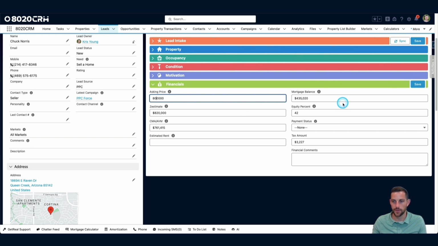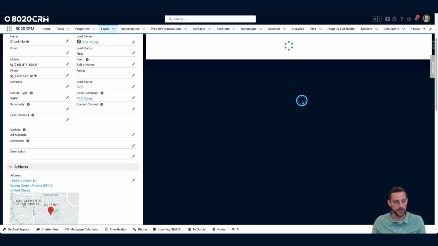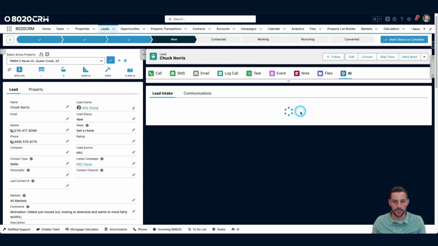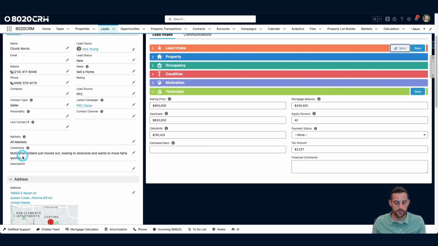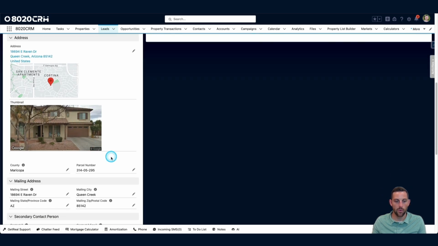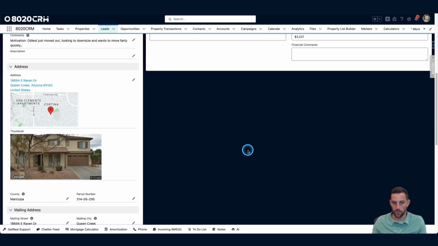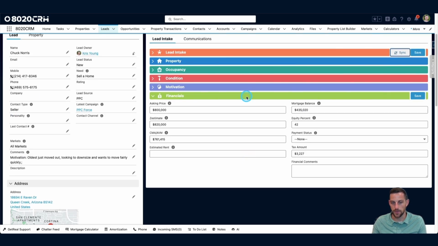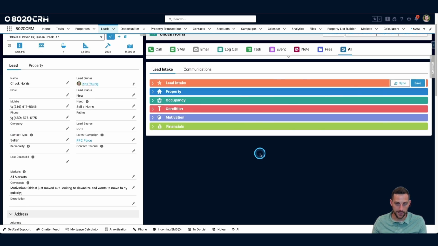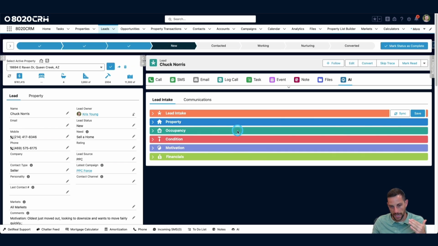So let's go ahead and save those details of what we just captured on that lead intake call. We can see some comments pushed over here. They will be categorized by the section they were in. We'll also see our lead score jumped up dramatically because we know a little bit more about it. Our pillar score went up and our lead score both because we gave it a lot more information or detail to be able to score that lead on. So really helpful for prioritizing your leads, having that score,